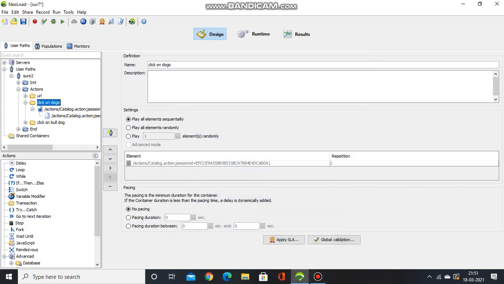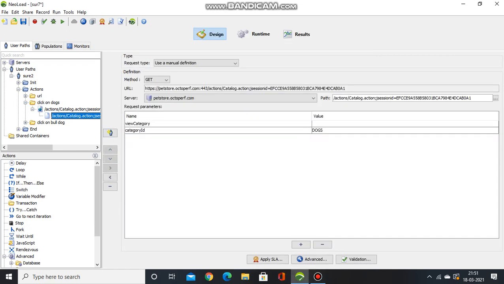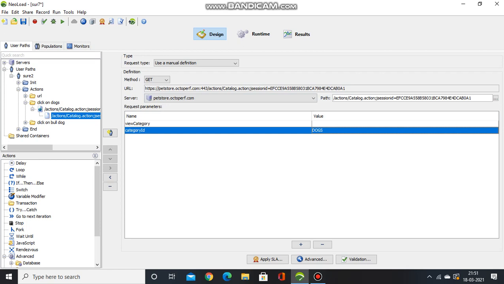Now I want to change the values instead of dogs. The client requirement is they will serve fish. So in order to make this value dynamic, I want to change this value.